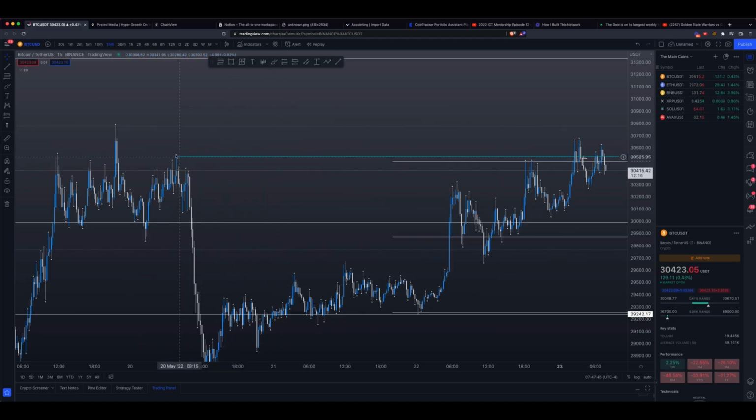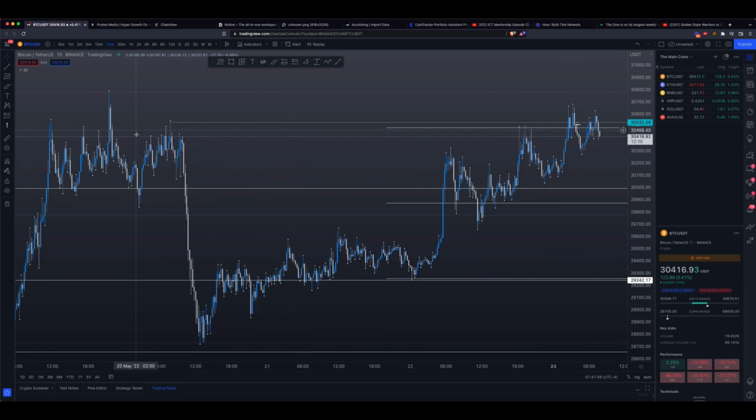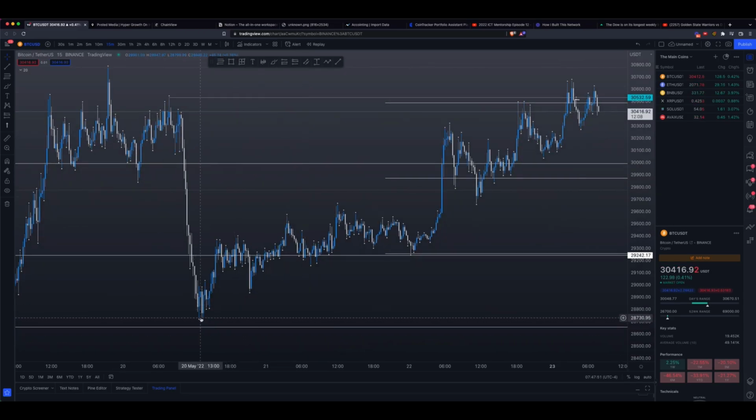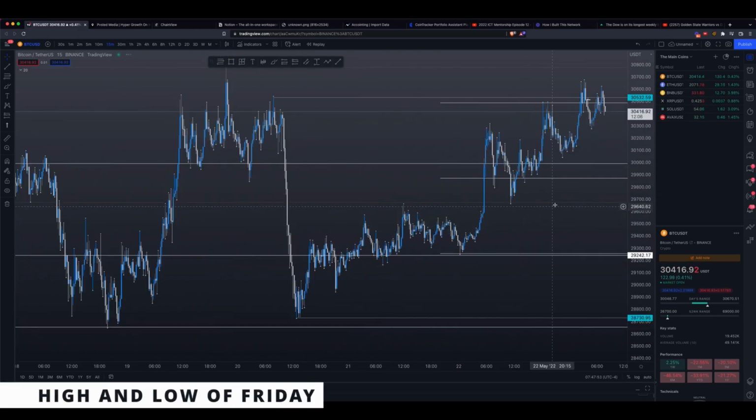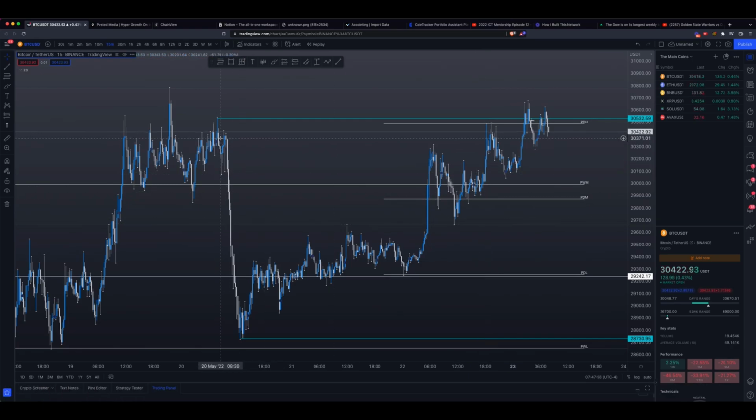I want you to pay attention to this level right here at this swing high. This swing high and that swing low right there are the high and low of Friday. What I mean by that is, take a look at the date. Zoom in on the date and you can see that this is the high of Friday and the low of Friday. The reason why this matters is because during the weekends, price, like 90% of the time,